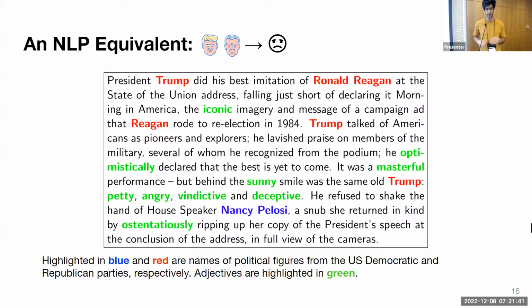So imagine I have this data, and I have annotated it for adjectives in green, figures from one political party in red, from the other political party in blue, and I have a sentiment analysis problem. I'm trying to build a model that reads this text and makes a binary decision based on it. As we can all imagine, there will obviously be a correlation between the type of adjectives used to describe a specific political candidate and the candidate within the text. If I would have written this exact same text about a different politician, the adjectives would have changed at the same time. It's very easy to imagine such a case.